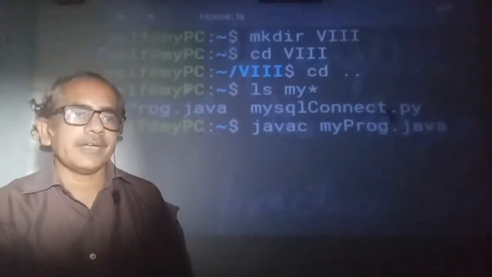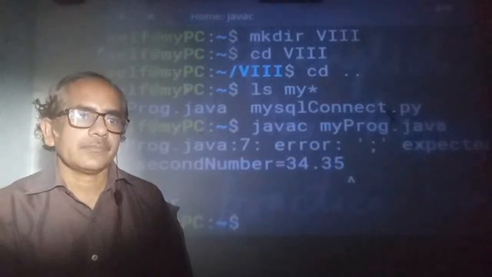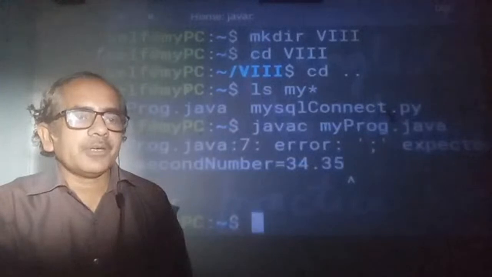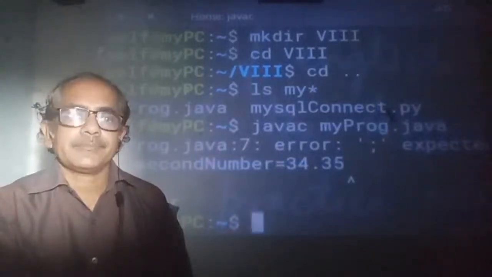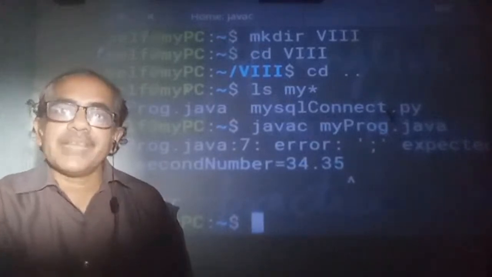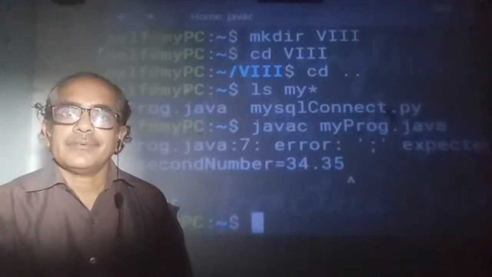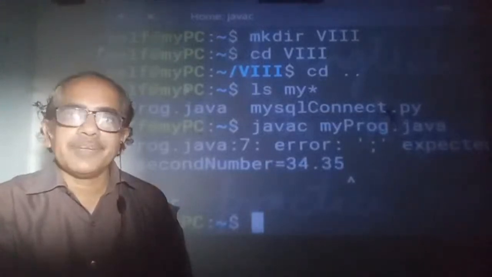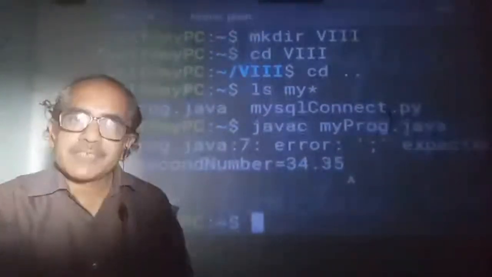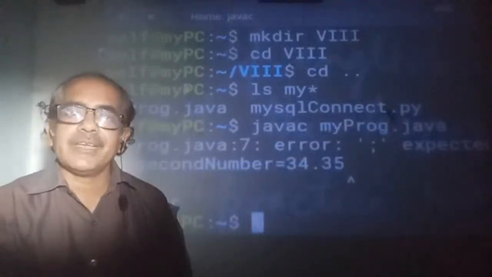When you will write and you will press enter, it is telling myprog.java:7: error: semicolon expected, है ना। ये गलती होगा तो प्रोग्राम कंपाइल नहीं होगा। So I missed to give semicolon, it is prompting semicolon is missing भैया, जब तक डालोगे नहीं तब तक कंपाइल नहीं होगा।